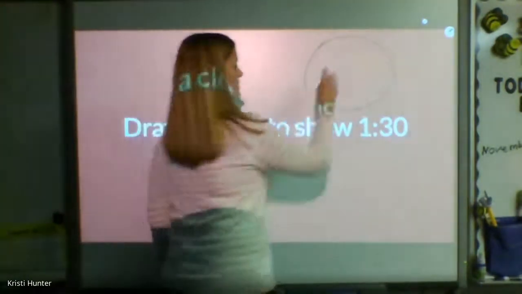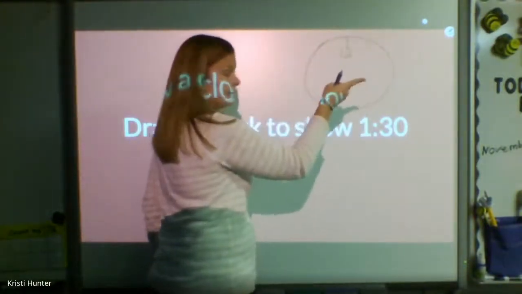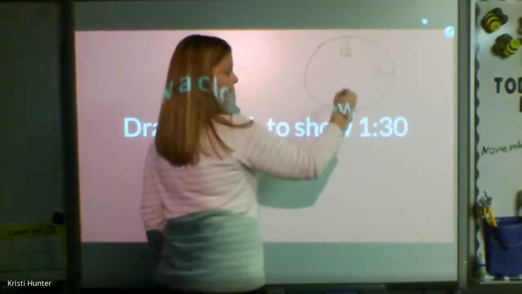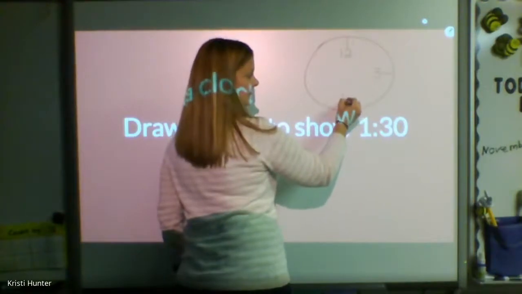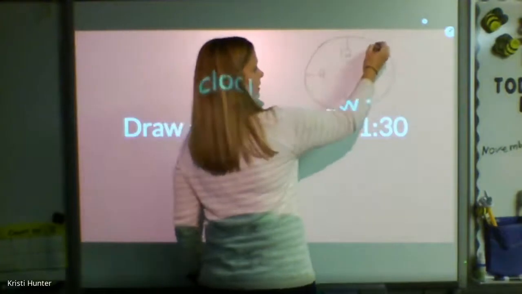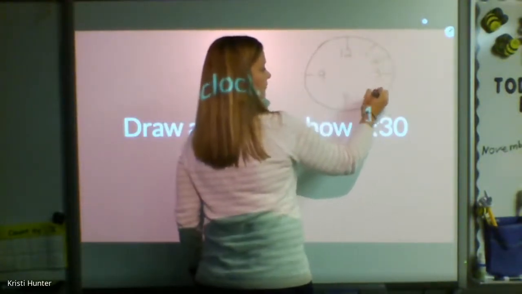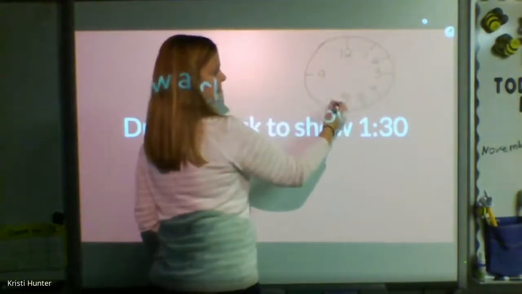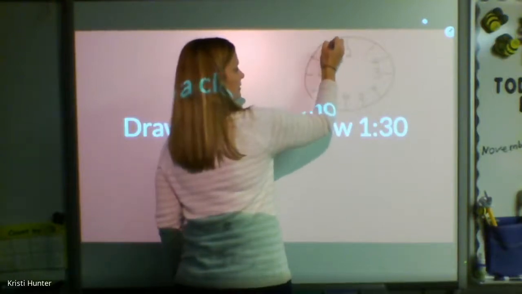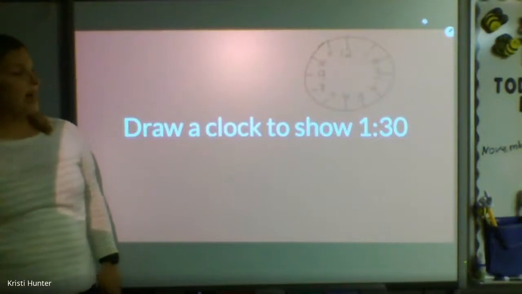Up top is my 12. To the right is my 3. Bottom gets a 6. And to the left gets the 9. And then go back and fill in a 1 and a 2. 3 is there. 4 and 5. 6 is there. 7 and 8. 9 is there. 10 and 11. 12 is there. All right, so now I'm looking for